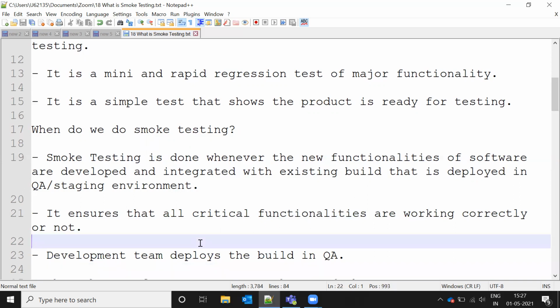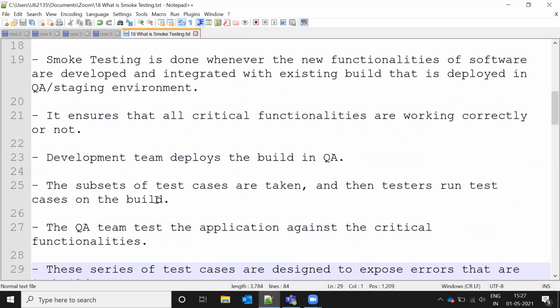The deployment team deploys the build in QA and subsequent test cases are taken. Just now I told you: once in the old build they gave a minimum set of functionality and deployed it the first time, and the second time they added new functionality, integrated it with the old functionalities, and deployed again into that environment.